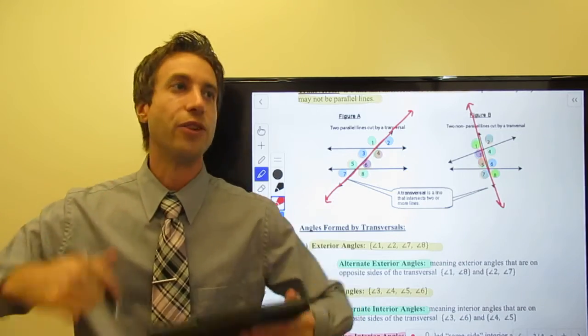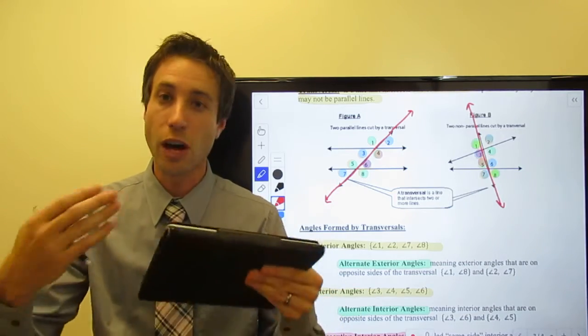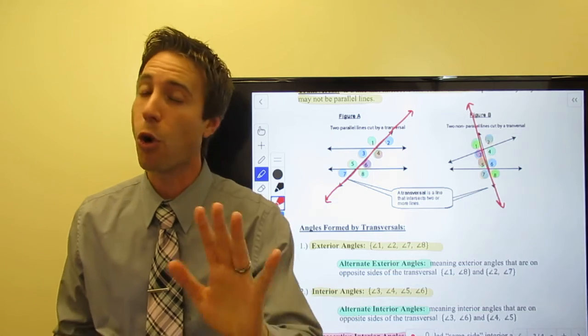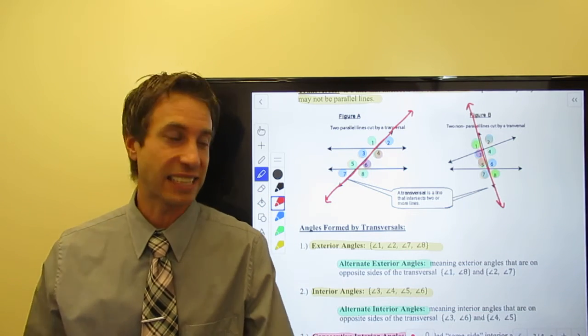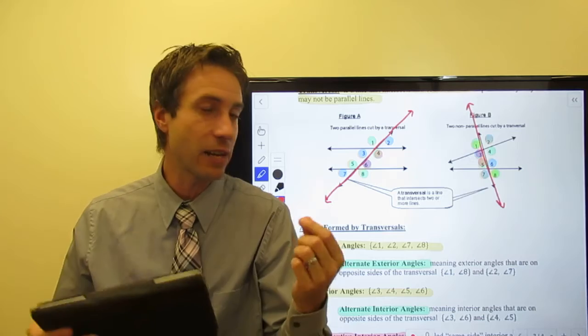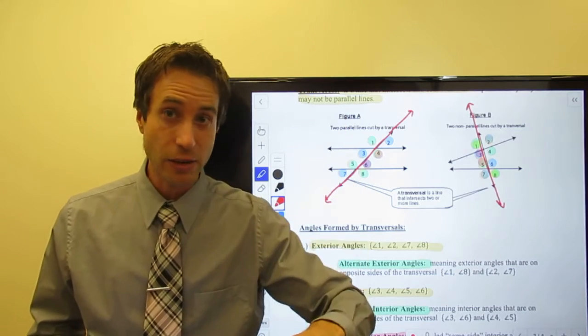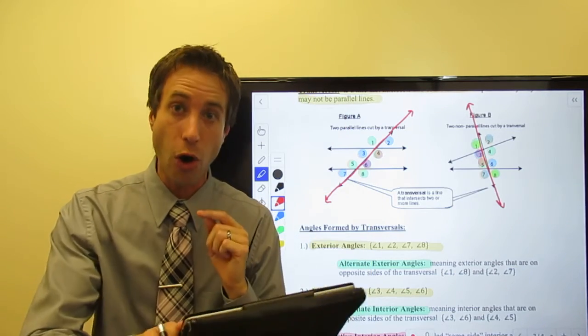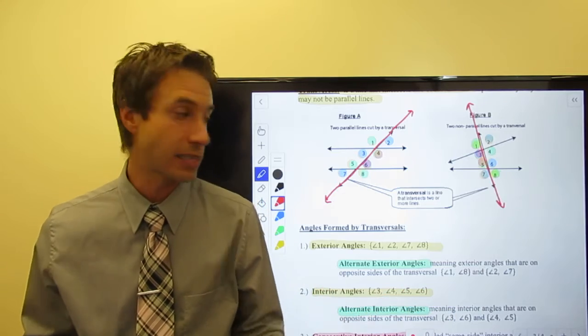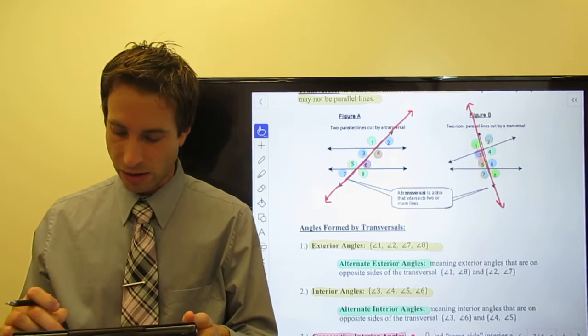Right? So I know there's a lot of vocabulary here. There's a lot of terms that you have to remember, but hopefully they make a lot of sense. It's not really that complicated once you've seen it. It's either exterior, it's interior, they could be alternate, they could be consecutive, same side, right? And then finally, our last one,